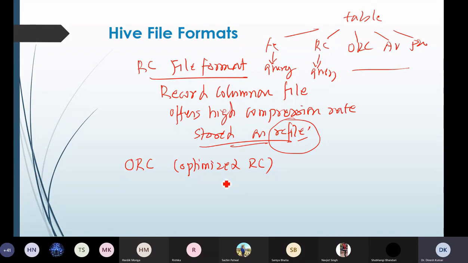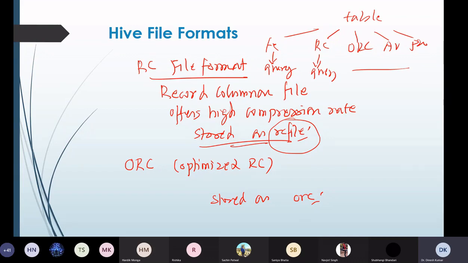Optimized means there is better compression in the case of ORC files. To use ORC files, we will again write stored as ORC at the end of the line.